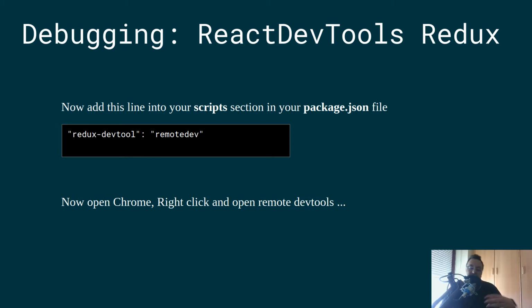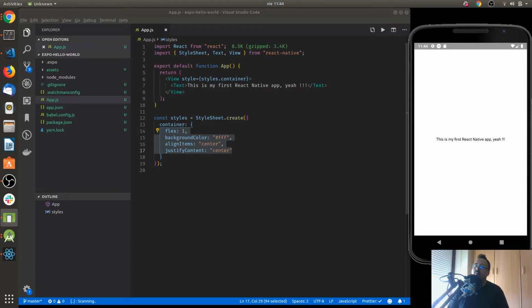I didn't add Redux to this because we've been for 40 minutes talking about Android development setup, and we don't have time for everything. But if you do this, you will see how it runs and opens if you add Redux to your application. Okay, so another thing I want to show you is